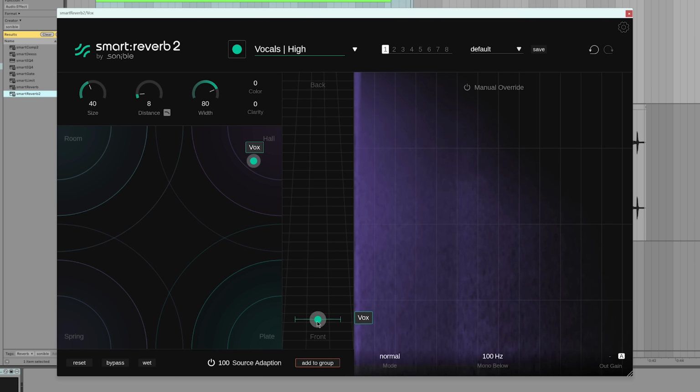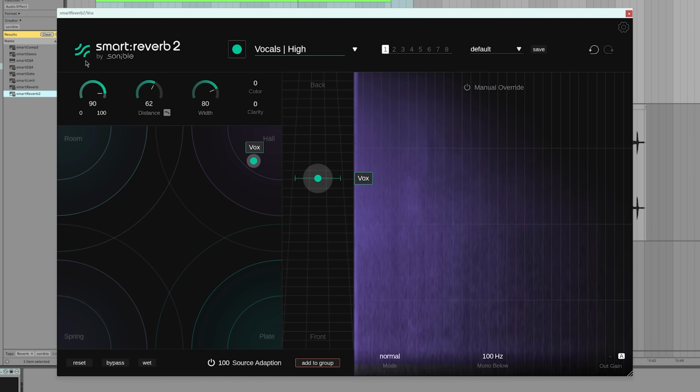This is similar to a dry-wet control, but it goes further. It also adjusts the reverb's density and tonal cues, so placing sounds in the mix feels more natural and realistic. With my distance set, I'll play with the size of my virtual space. The higher the number, the larger the space will sound.